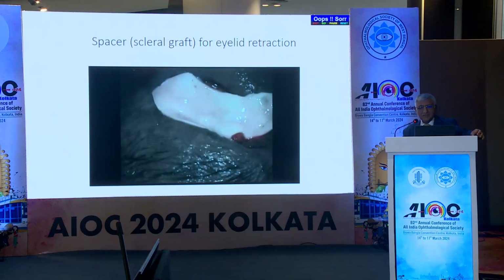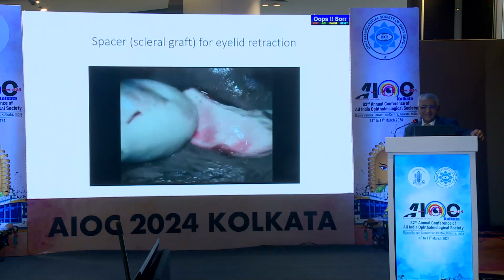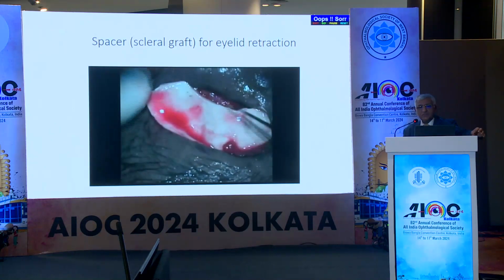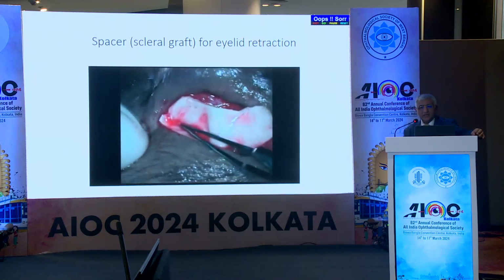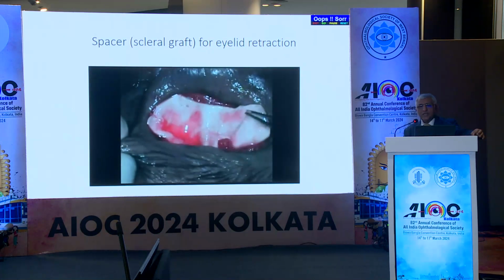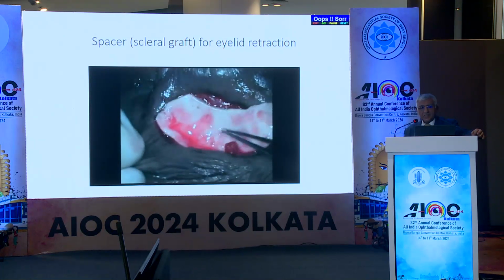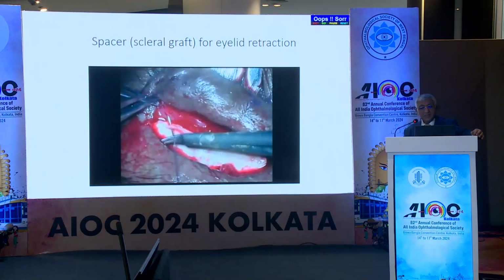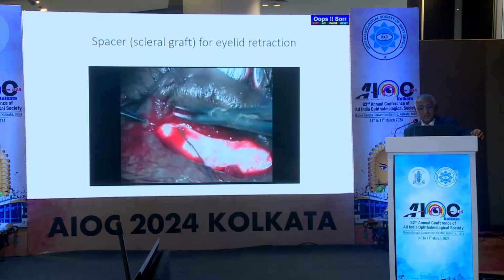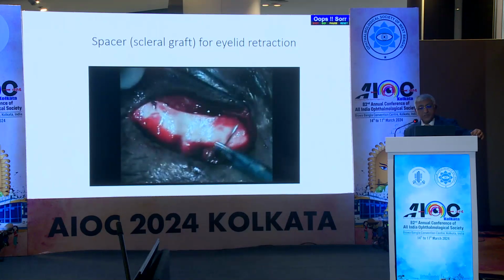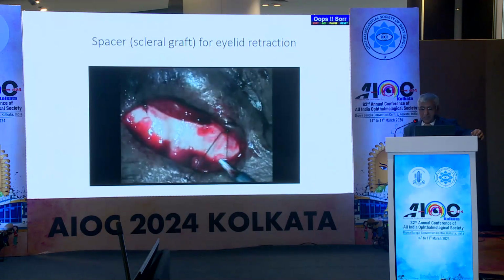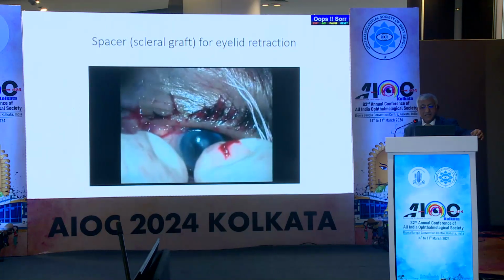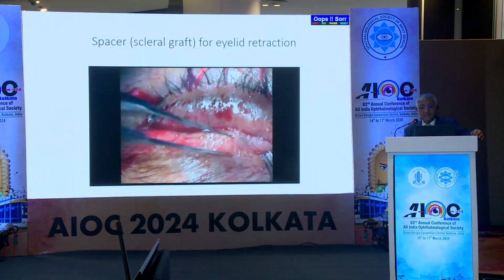Remember this patient? Okay, so you have to have the spacer, which was a scleral graft, about 1.5 to 2 times larger than the correction that you require, and it has to be shaped well. It has to be attached to the tarsus, and attached superiorly to the recessed edges of the levator, and then again assessment, and then closure of the